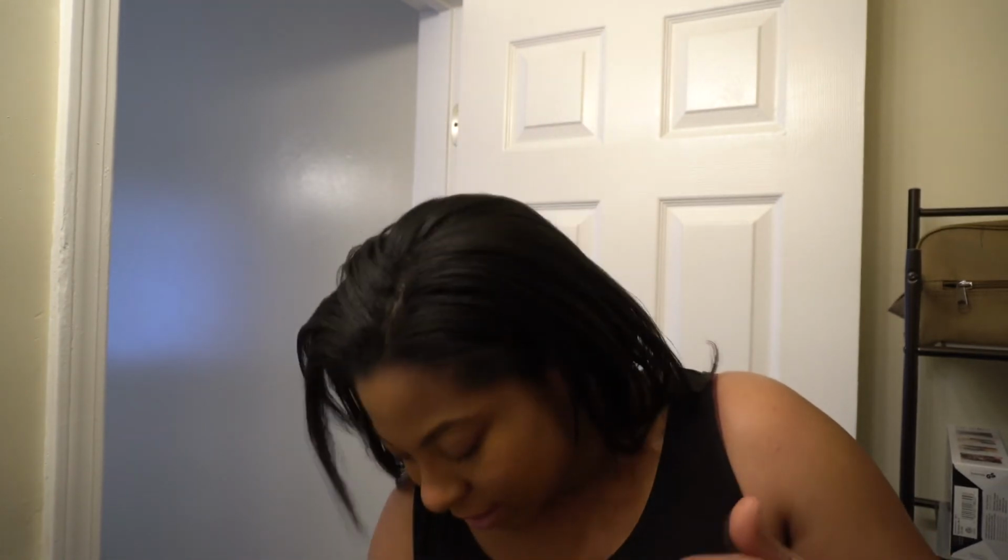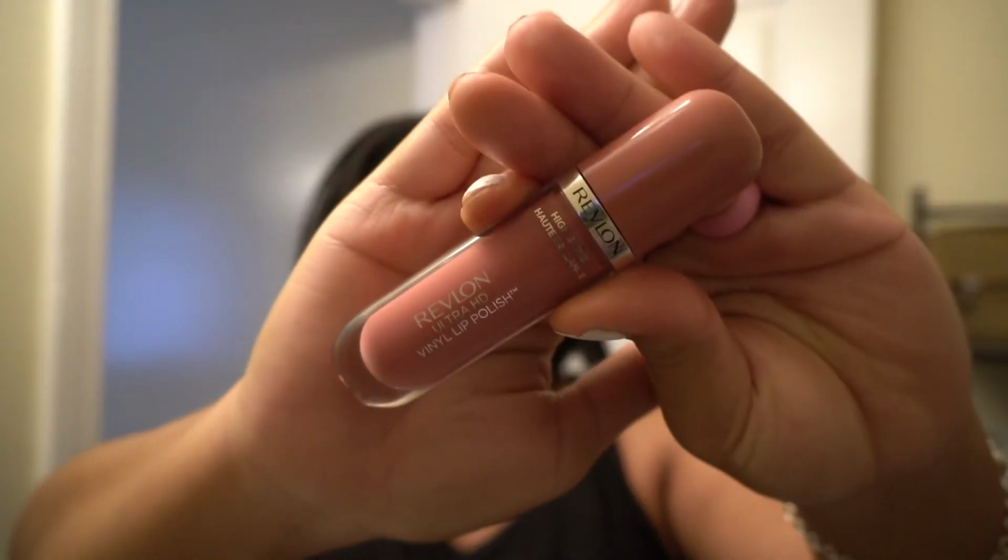Now I'm just gonna add a little lip gloss, and that'll be that. I'm using this Revlon Ultra HD vinyl lip polish. I actually got this in a PR type package a few months back to share on Instagram, and I like it. I use it a lot. So I just use a little lip gloss,